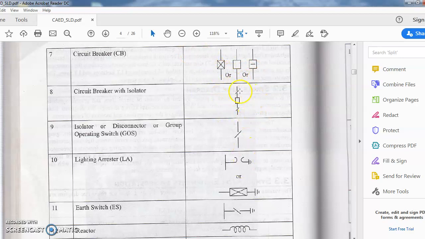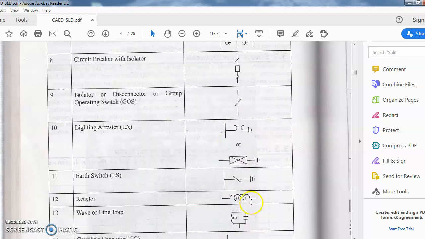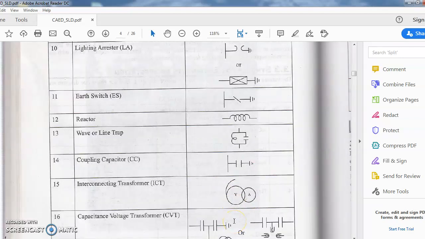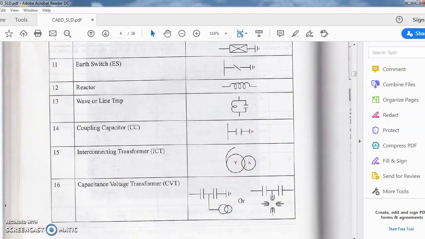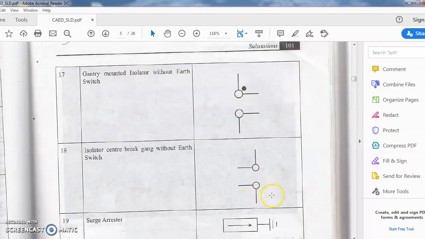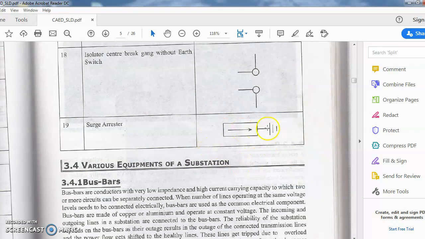This represents the circuit breaker with isolator, gang operating switches, lightning arrestor, earth switch, reactor, wave trap or the line trap, the coupling capacitor, capacitance voltage transformer, gantry mounted isolator without the earth switch, isolator center brake gang without earth switch, surge arrestor.